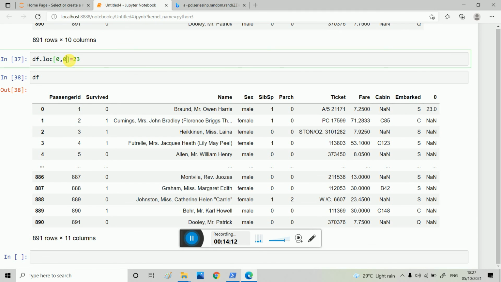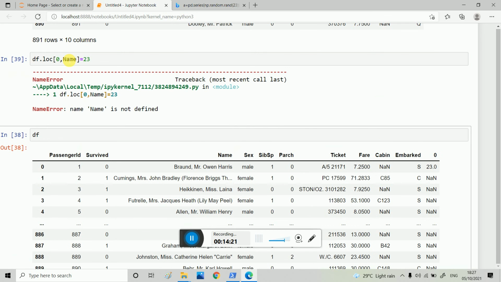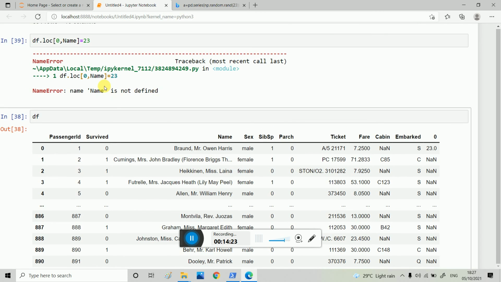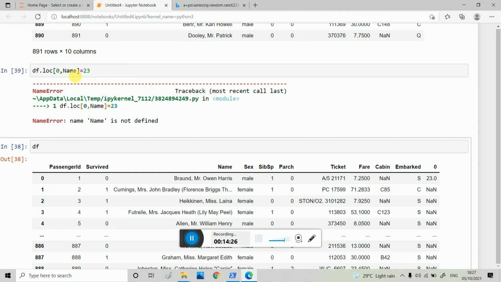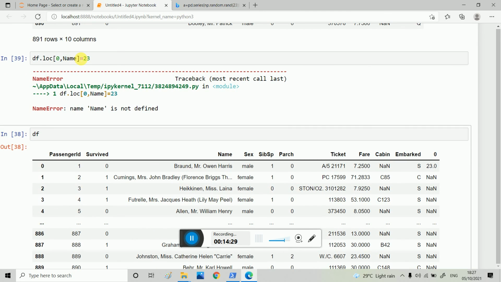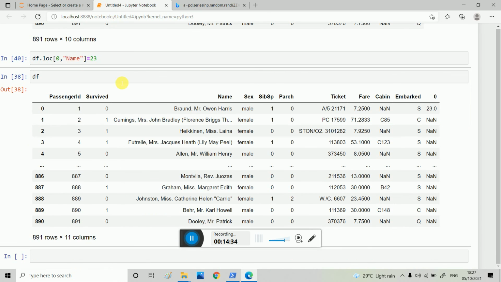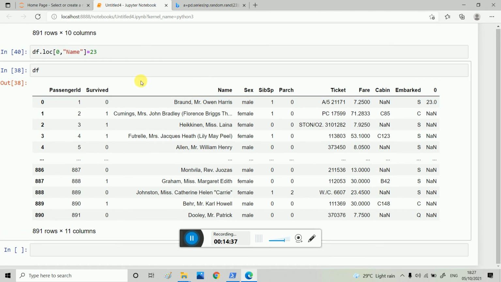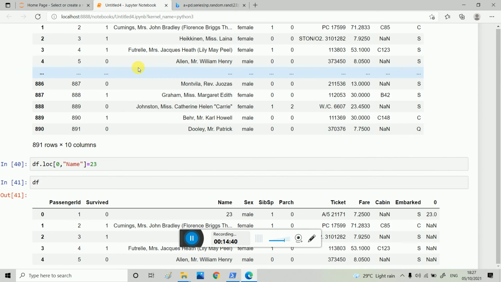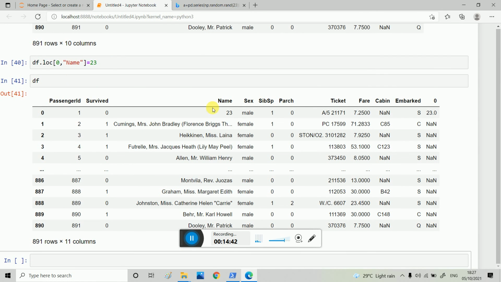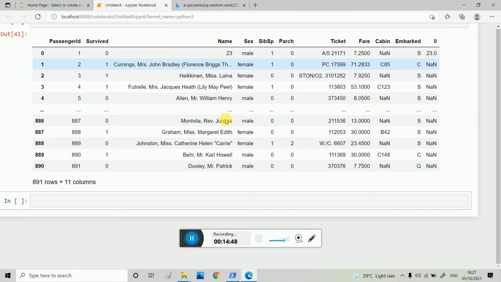Else, if I have created df.loc[0, 'name'] and now I run df, then 23 comes, 0 comma name is equal to 23. I think you have understood about the LOC, and now I will tell you about ILOC.